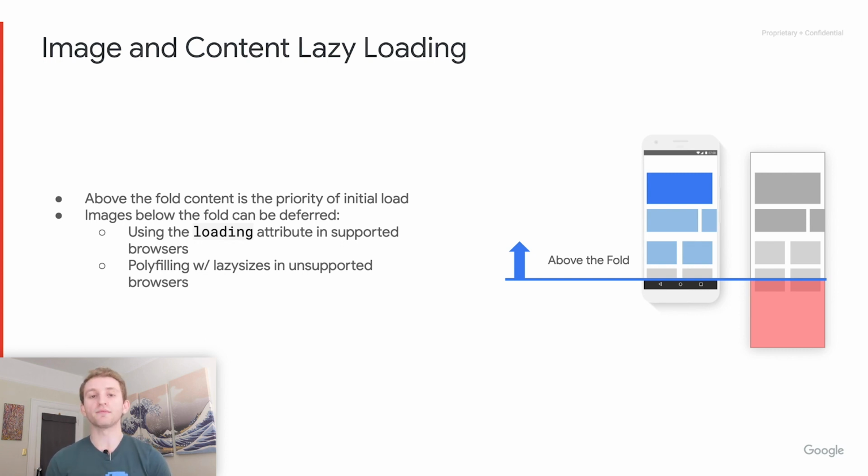If they scroll down, we can start loading images and content appropriately. If they arrive at your site with the intent to log in, click on the hero image, or use the search bar at the top of the page, we don't want to waste their time by loading things below the fold. As an aside, you should also take a look at your homepage or landing pages and maybe measure their